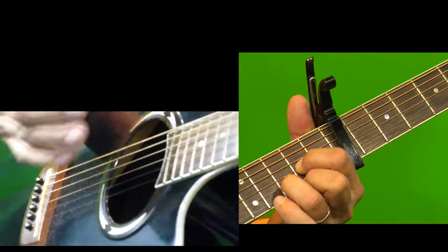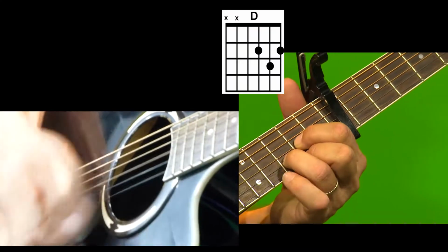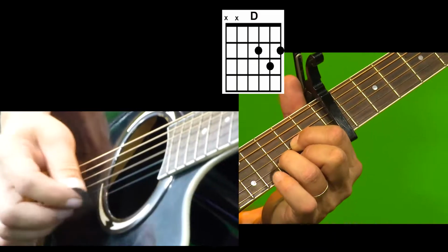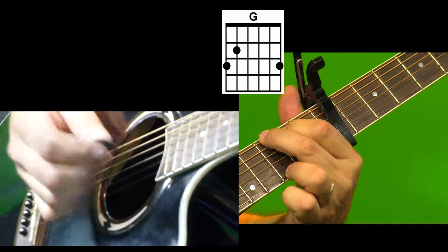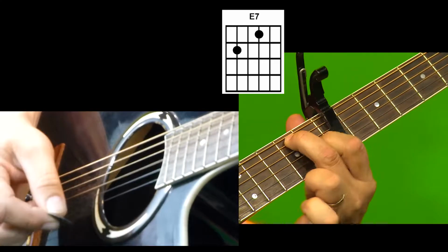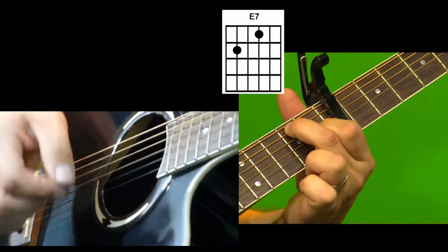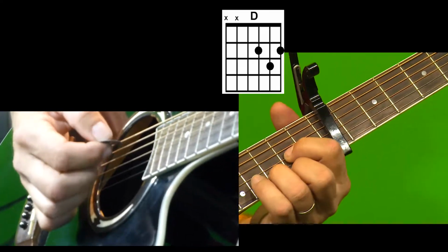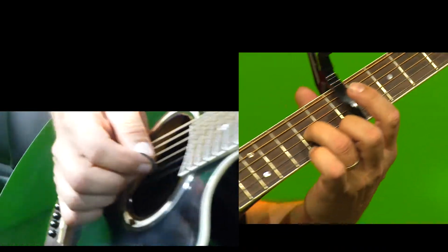So if you're playing this with one guitar, this will work. This is kind of an easy way to play it. So, here comes the sun. G. Here comes the... And then we have the E7. Sun. See that? There's that E7. And I said, D chord. It's alright. And then we have this really cool piece that goes...